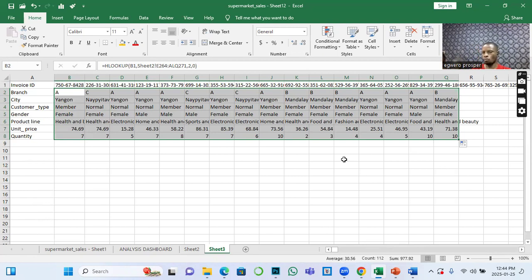It's just that most people do not use HLOOKUP to build the app. They use VLOOKUP, because you can see the way the app is now, it's better with VLOOKUP than HLOOKUP. So let's quickly apply and then. Yes, of course. Before we